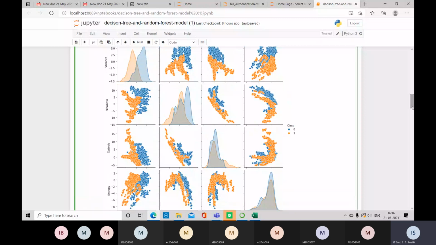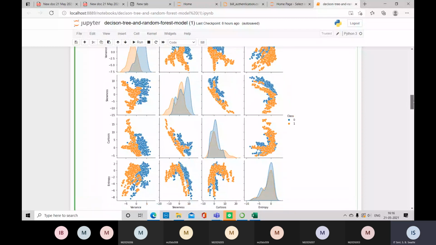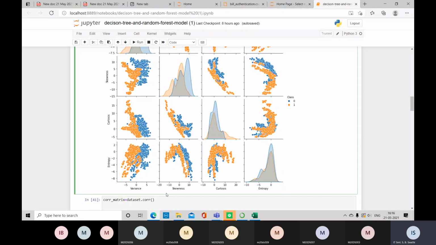So with entropy, see, variance will be compared with the same 4 attributes on x and y. Variance will be compared with variance, with skewness, with kurtosis, and also with entropy. So each variable will be compared with the remaining 3 as well as itself in the pair plot.